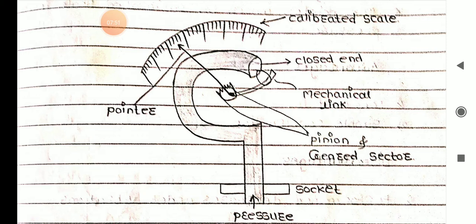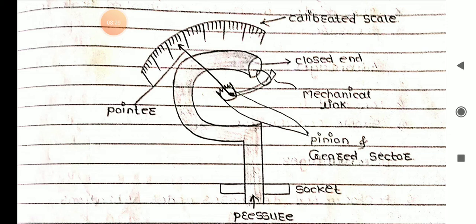So whatever you are going to connect, that pinion or gear sector or pointer or mechanical link, okay, this will cause the closed end movement and it is given to the pointer through mechanical linkage. So that is the gear sector and pinion. In between the gear sector and the closed end you have one link. So that link is called what? Mechanical link. Okay, you can connect through that one only.